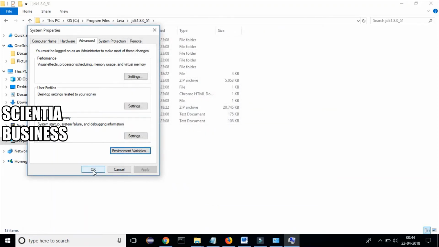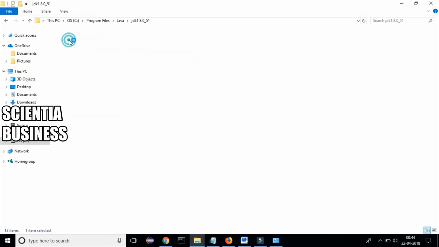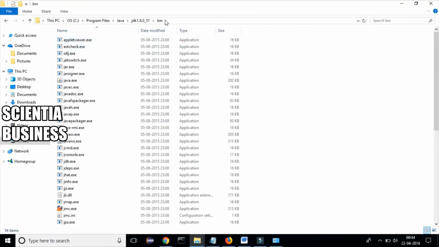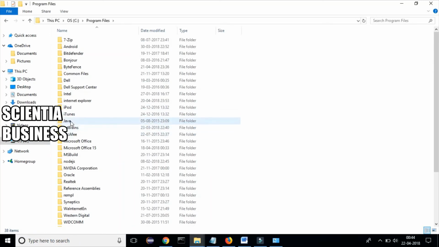One more thing you need to do in order to let your PC know that Java is installed at this location on my computer: you need to give one more path, which is the bin path. I will just explain it to you again. As you can see, in Program Files we have this Java folder, right?